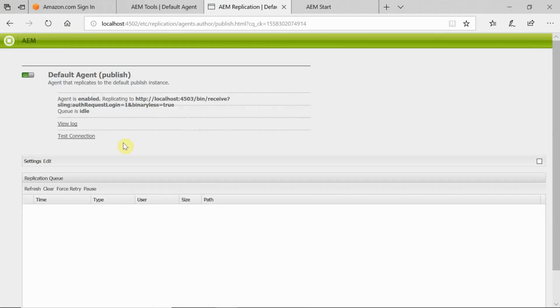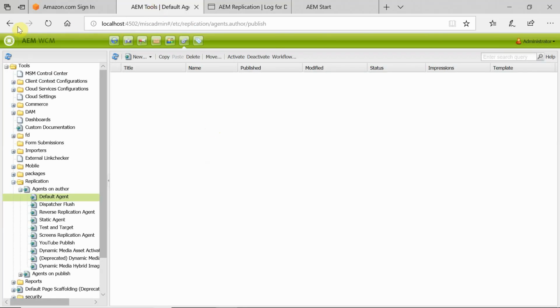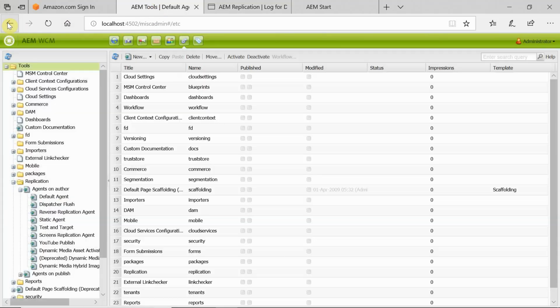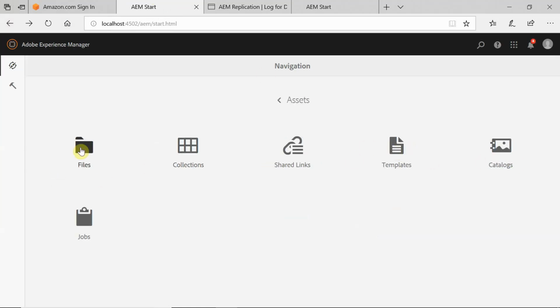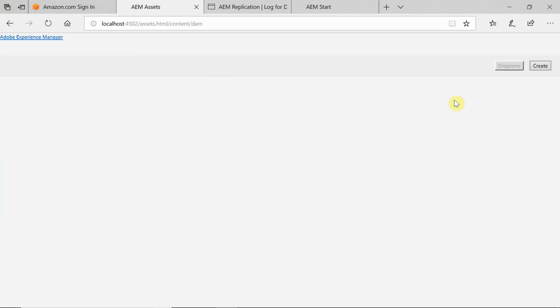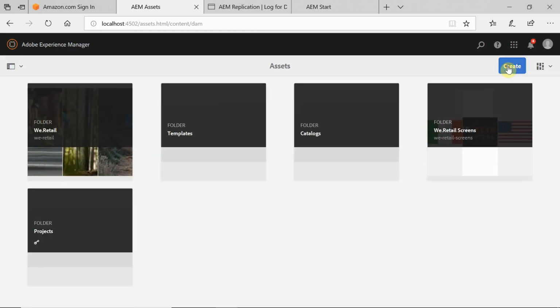Let me open this view log also. Now what I'm going to do is go to assets, files. Let me create a new asset here.